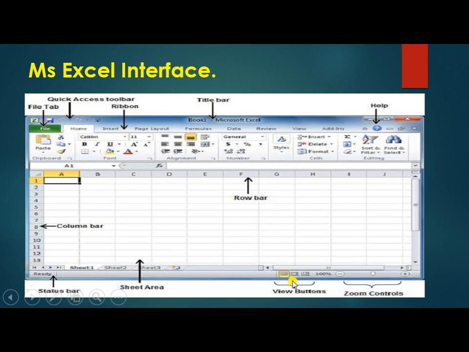View means we can see the documents, how to hide and how to show the worksheet. Zoom means the content will become bigger or smaller. And one more very important thing, the status bar.